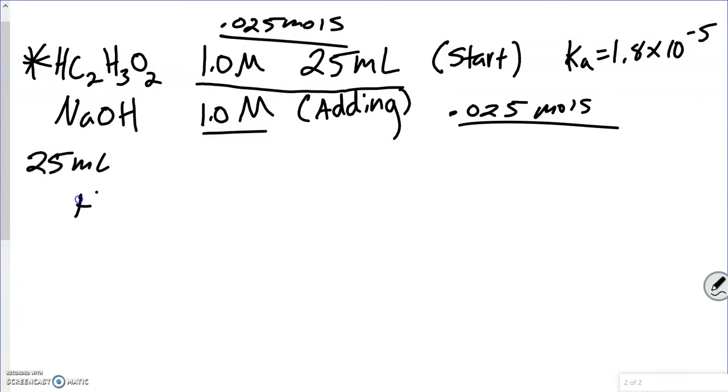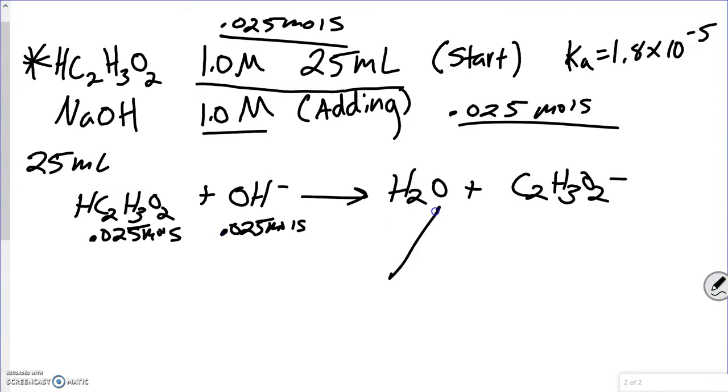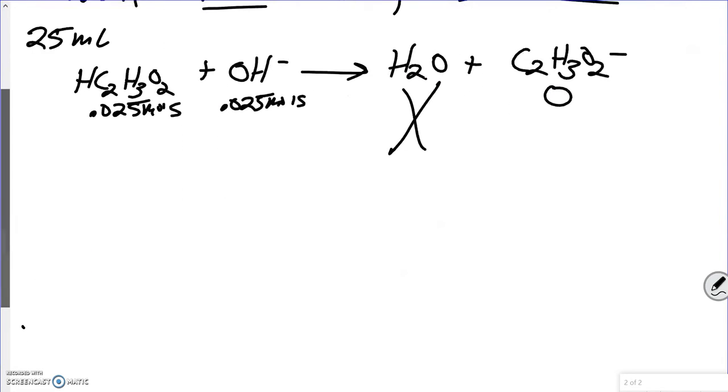So we have a reaction, which is our acetic acid, plus our sodium hydroxide, which we're just going to write as hydroxide. That's going to form water and the acetate ion. Okay, so we have 0.025 moles of acetic acid, 0.025 moles of sodium hydroxide, don't care about water, and 0 acetate ion. So now we just go through and do our math. Well, there's no limiting reactant here because both of them are equal value. They both are going to react completely,